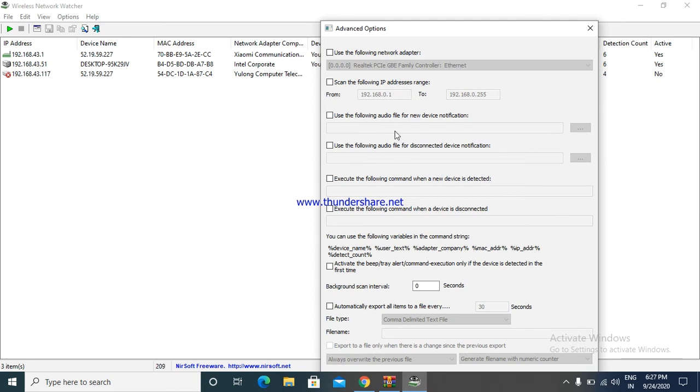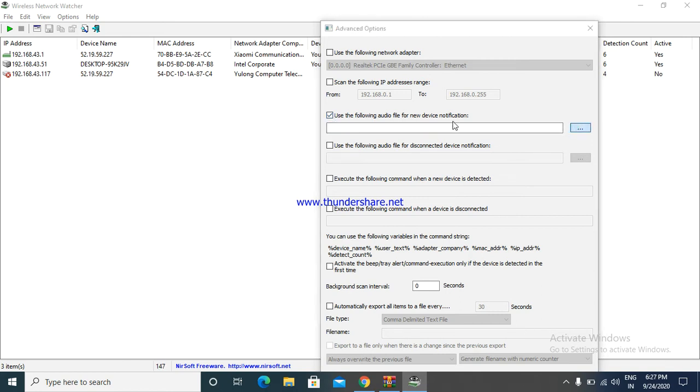Use the following audio clip for detecting new devices notification. If any new device is connected in this network, then some audio will be played for notification. We can use this also.